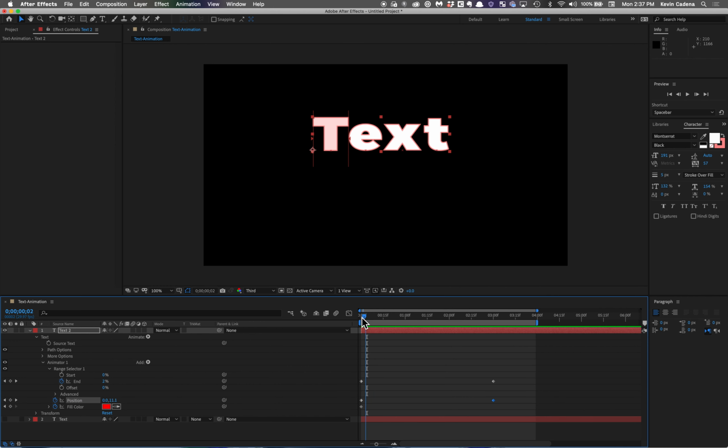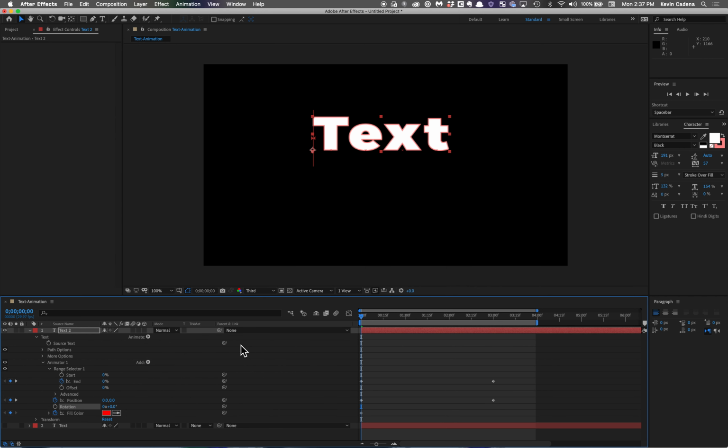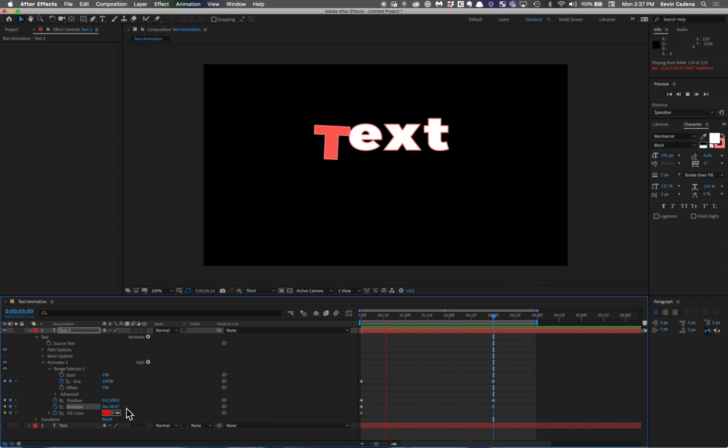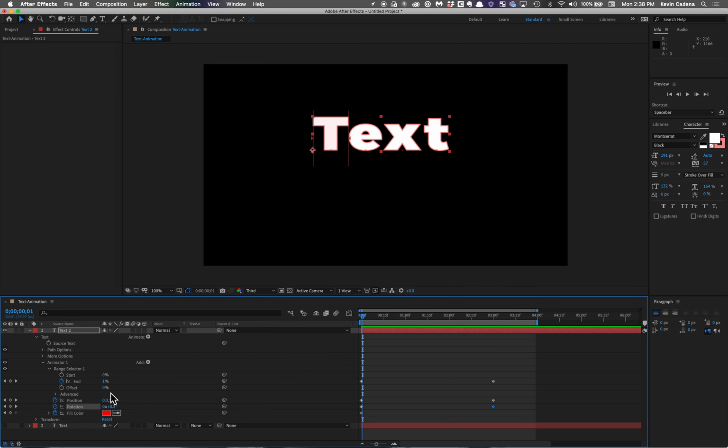I can then keep adding to this as well. So maybe if I also wanted to, I could change the rotation. And so it starts off with 0, and maybe by the end of the 3 seconds, they're all rotated slightly. Okay, and then